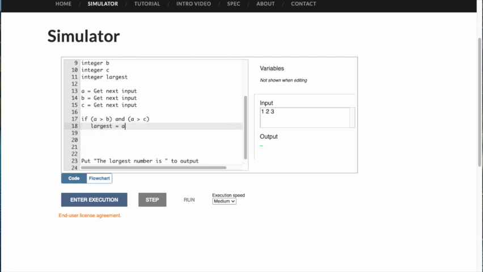largest equals A. Okay? And then let's do it again. So if this is true, it does this. Otherwise, it's going to jump down to this next one. Let's do it again. If B is greater than A and B is greater than C, largest equals B. And we'll do the same thing for C. If C is greater than A and C is greater than B,